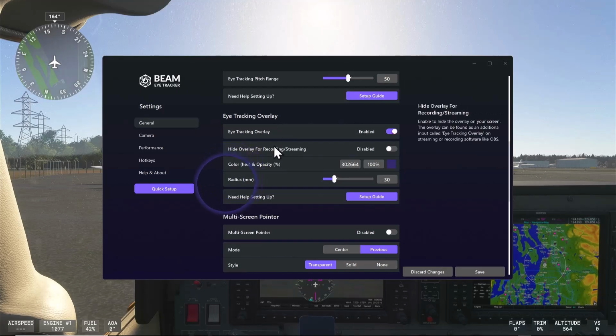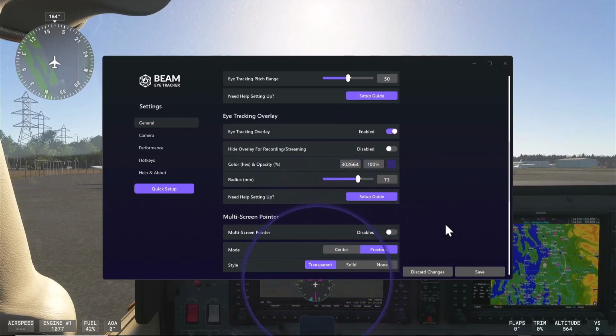Eye tracking overlay, color, index, and opacity. Right now you can see it's got a circle, but you can still see underneath it, right? And the radius, well, let's just see what that does. Crank it up. It's a bigger radius. Do you see that? And that might be because you want to focus on something, maybe a tutorial video. I don't use it, but I can see its uses. I'm focusing on the PFD. Now I'm focusing on the MFD. If I look over at it,